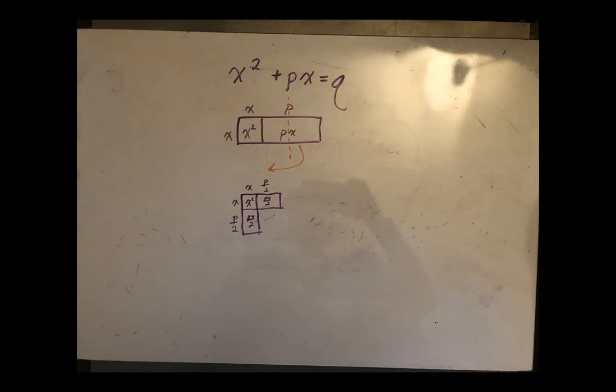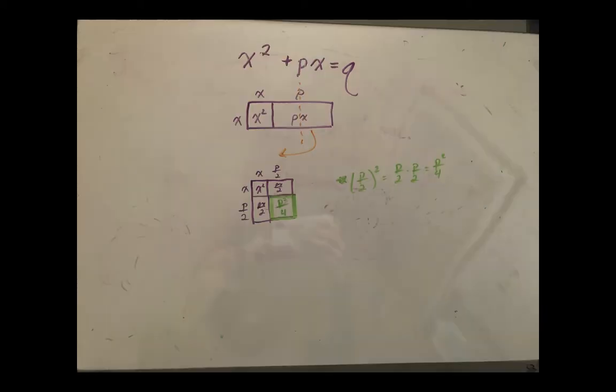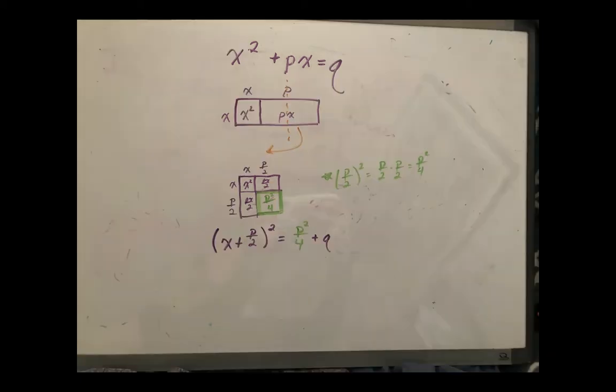And then we're going to complete the square by filling in the missing piece. The area of the missing piece is p squared over 4, because p over 2 squared is p over 2 times p over 2, which is p squared over 4. That then allows us to set up the equation x plus p over 2 squared equals p squared over 4 plus q. So that's the area of the box equals the area that we just added plus the area we